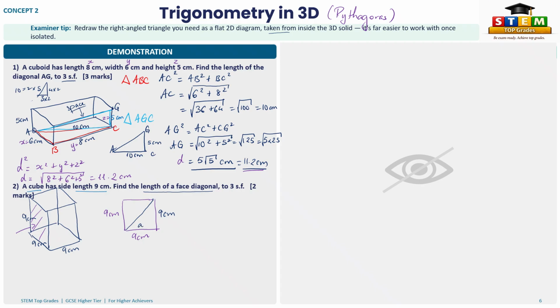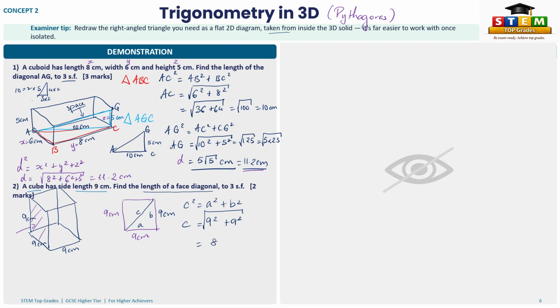Now if we call that A, B, and C, we're actually looking for length C. So C using Pythagoras theorem is going to be C squared equals A squared plus B squared. And after substitution, so that's 9 squared plus 9 squared, and C is the square root of all that,